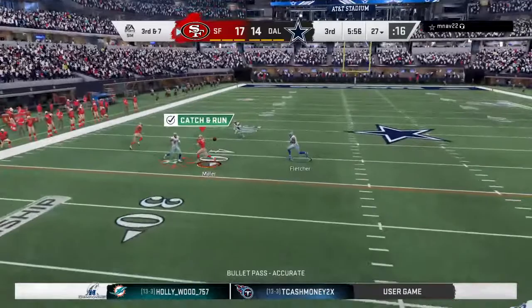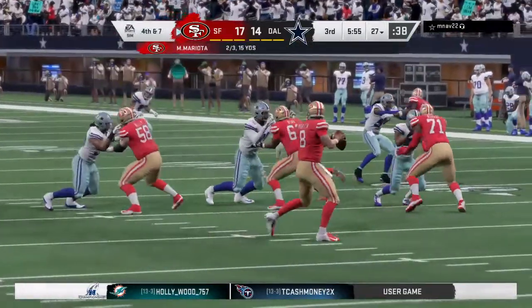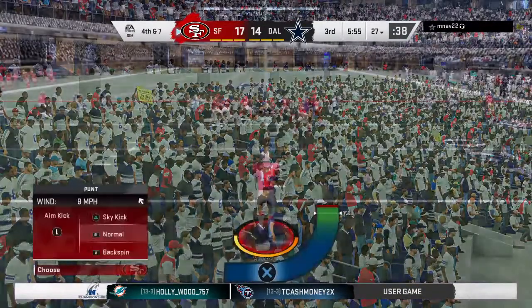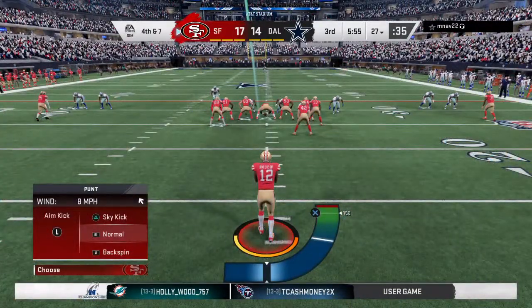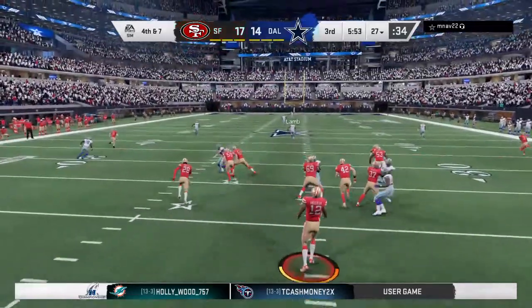On third down, Mariota. Oh, incomplete. Nearly the pick they needed. They would have loved one there, but at least it does get them to 4th down. So it would appear they will not be able to add to their lead on this opening drive of the